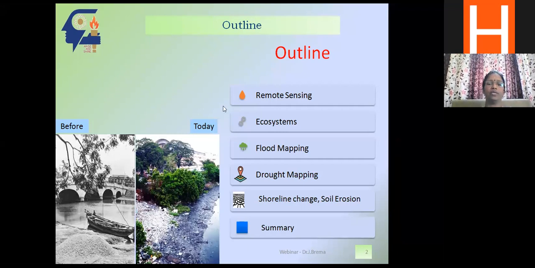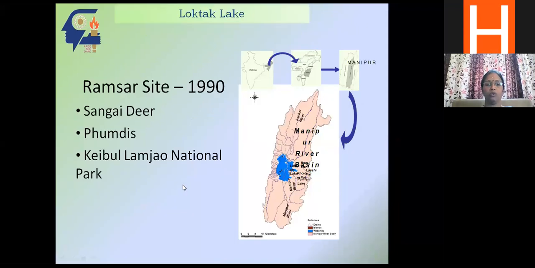And now it's only a drainage. Nobody can move nearer to this drainage, such a smell will be there. So this was a utility, and now it is not a utility at all. To understand such things, you can very well use this remote sensing tool, to see how far the degradation has taken place, or something like that.